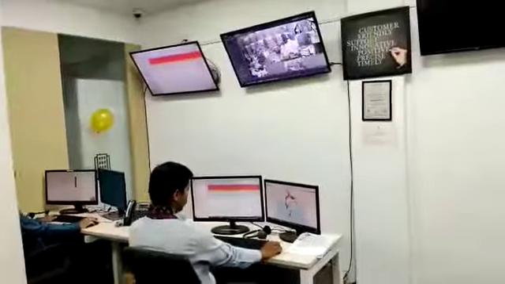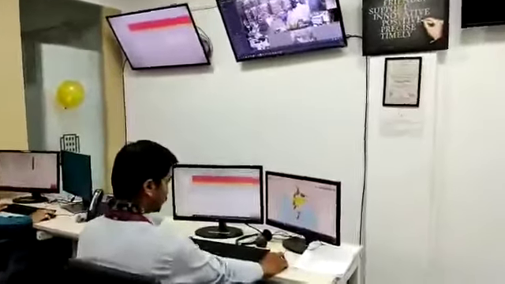Now let's see the command and control from where we can monitor this alarm. On the monitoring screen, alarms which are generated will be visible on the side.